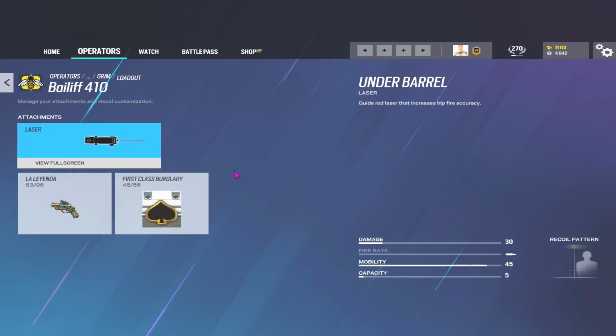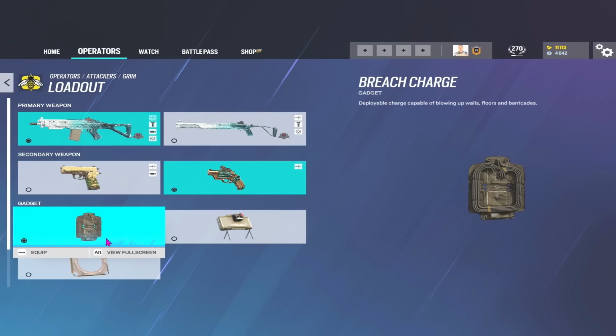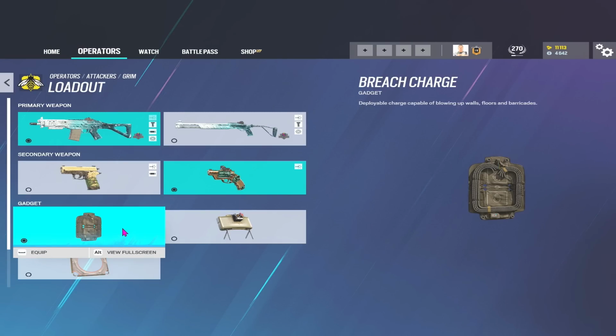You've got to be taking the bailiff when it's available. Stick a laser sight on it so it makes lines of sight a little bit easier for you. And then we've got breaching charges or hard breach charges, depending on the map. If there's hatches you need to get above, and Grim can play above, by the way, you can fire those bees through the floor. Then take hard breach charges if you've got to open those reinforced hatches. If you're just playing on the same floor, you're probably going to be taking the breaching charges to open soft